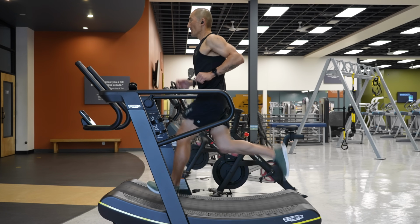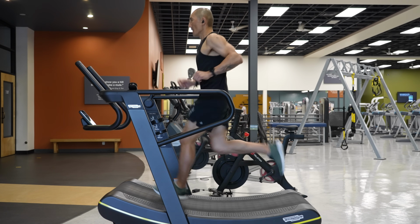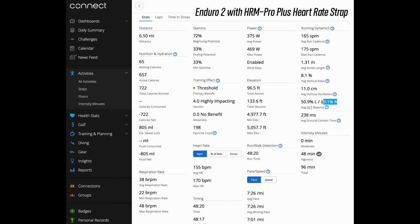And with this sort of data, you can use these to better assess your running form. So for instance, with vertical ratio, you can use this to figure out if your upward momentum is more than your forward momentum while running, which can be an indication that you could be more efficient with the nature of your stride. One thing to note here, though, is that if you do use something like an HRM Pro heart rate strap, you also get ground contact time balance, which shows how much time you're spending on the ground with